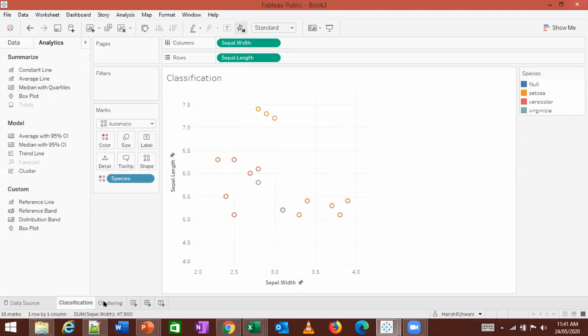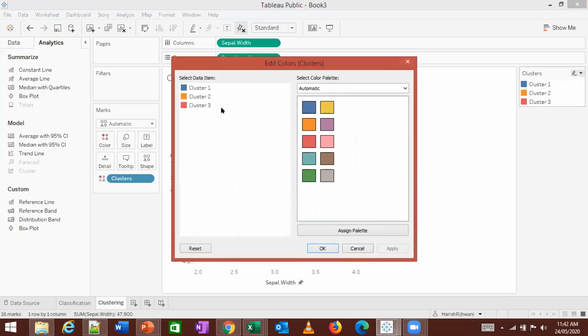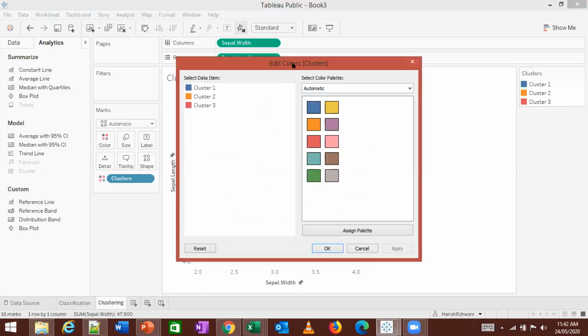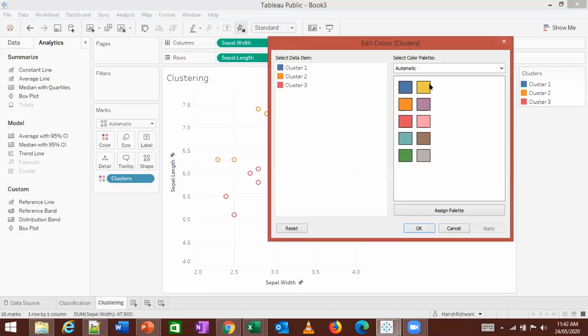To compare, I will just choose the same color. This is orange. This is red, which is fine. And this is blue. So I'm going to just change those 2 colors by editing the color. So cluster 1, I'm going to put orange. Cluster 2, I'm going to put, no, sorry. Cancel, 1 minute. Yeah, cluster 1, orange. And I need to change this too.